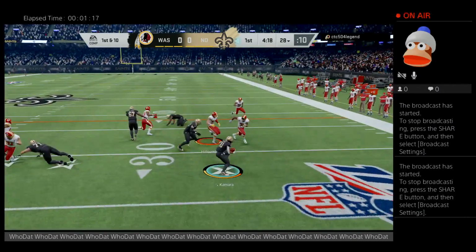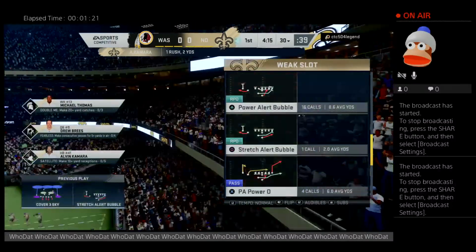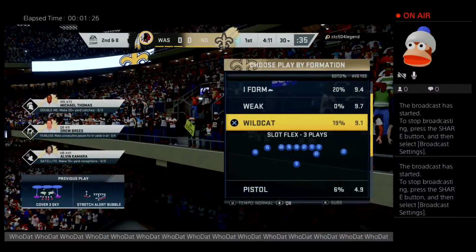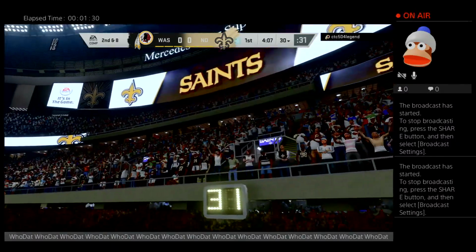They'll run it for the first time with Alvin Kamara. They'll only get a couple up to about the 30. Well, we saw him there trying to get it to the outside, trying to get to the perimeter, but not a whole lot of room there. But there's got to be one positive to that. If you keep moving laterally,